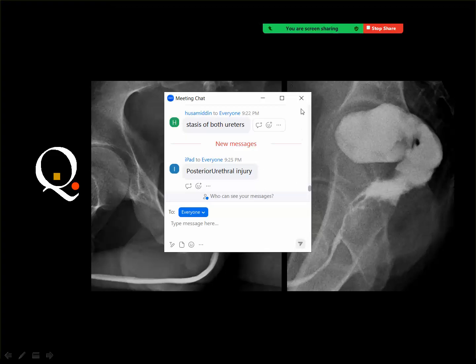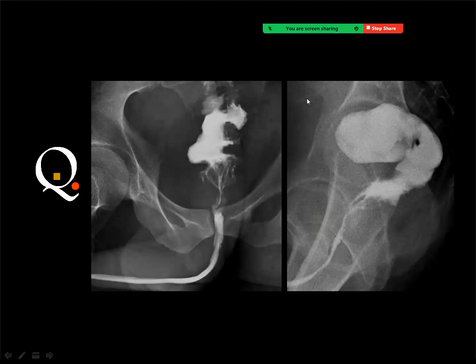Posterior urethral injury, and then if the urethra is injured, you got extravasation of contrast material at the site of injury. But if you see that the urethral outline is continuous, but it ended in the colon instead of the urinary bladder, you may think of